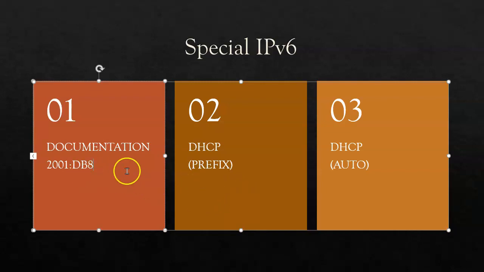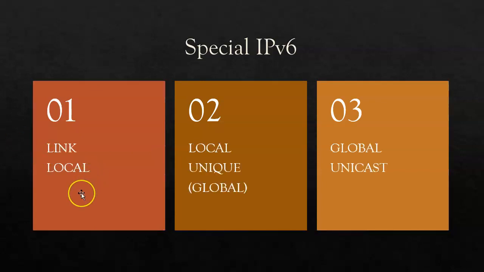That is the documentation address. And then we have two different kinds of DHCP addresses, and I'll go over what those are. Now, these particular addresses are all going to be utilized in different ways. I need them for different reasons. And lastly, we'll look at some commands that we're going to use to actually turn these on. But I want to go back and look specifically at the link local address.